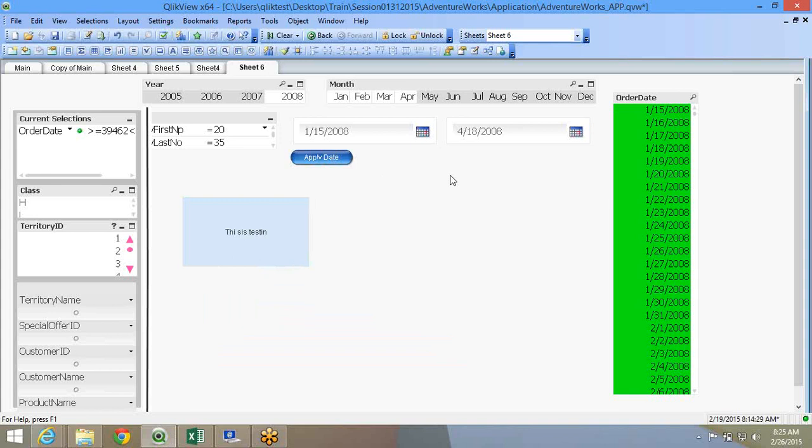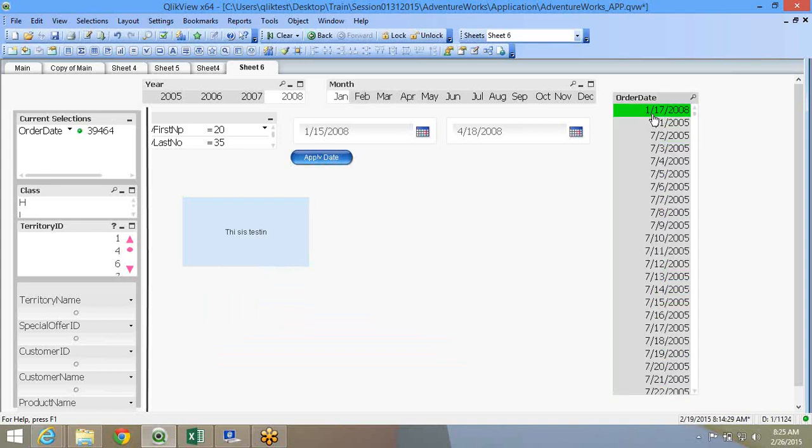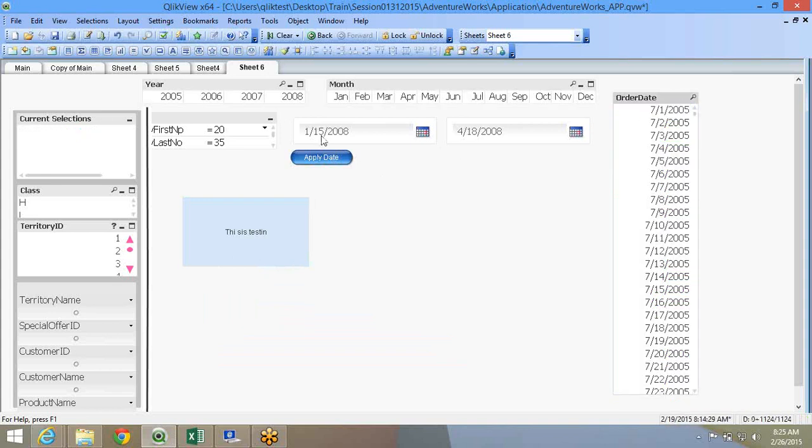But you understand this selection, right? This range selection and date selection. Whatever we have done for date, you can apply it for any other selection method values also if you want any range selection.